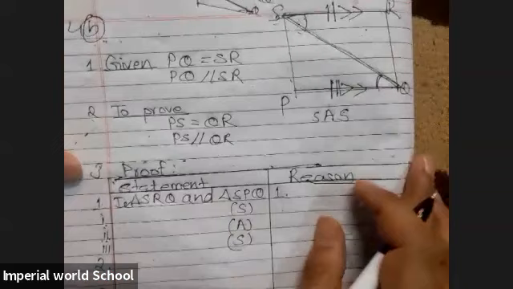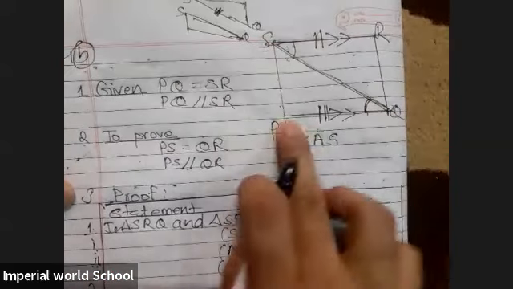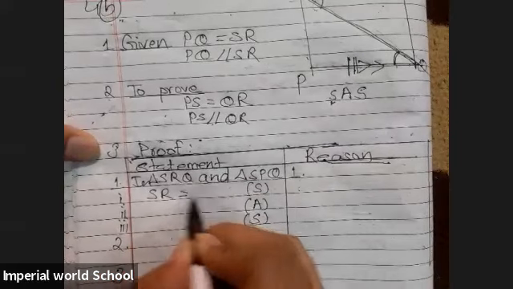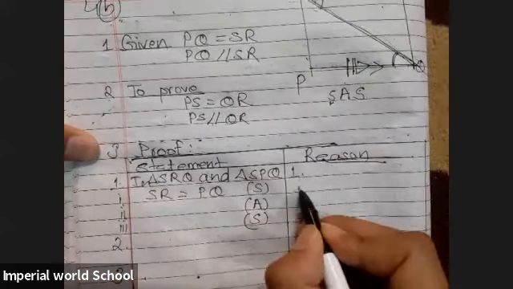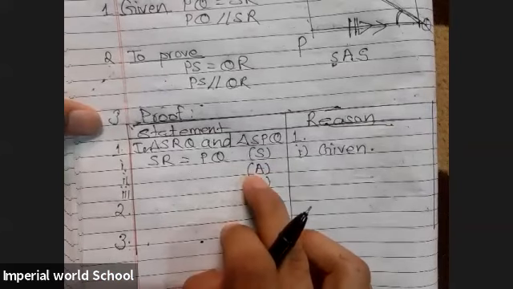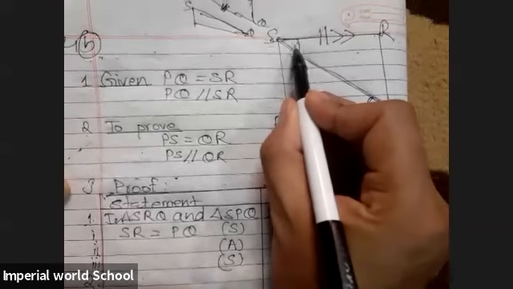Now first one is side equal. So SR equals PQ. On the side we are going to write here SR equals PQ. The reason for this one is given. And the second equal pair is the angle pair. So which two angles became equal? This angle S equals angle Q became equal. So we are going to write angle S equals angle Q.